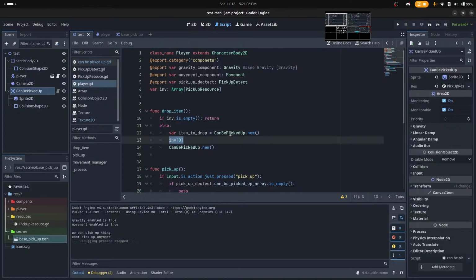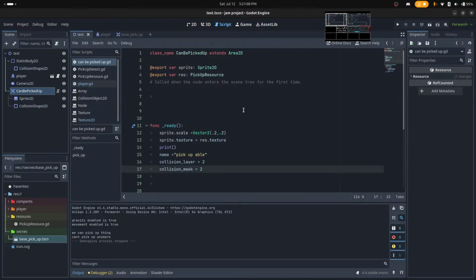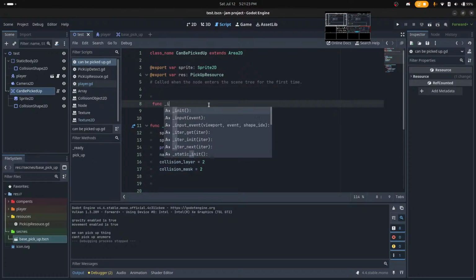Can be picked up dot new. Okay. Underscore in